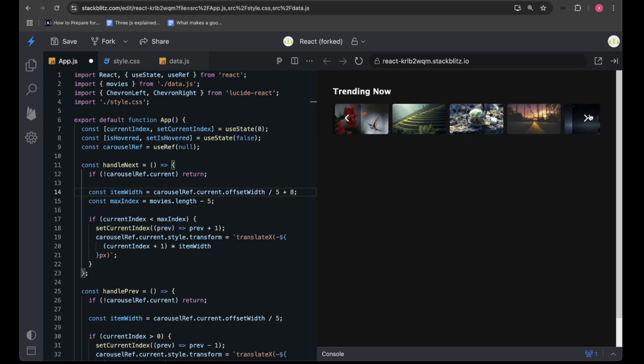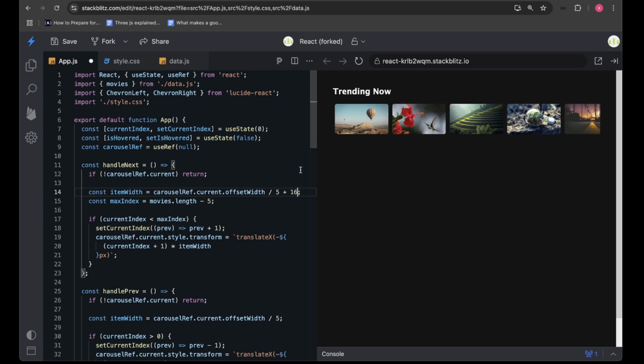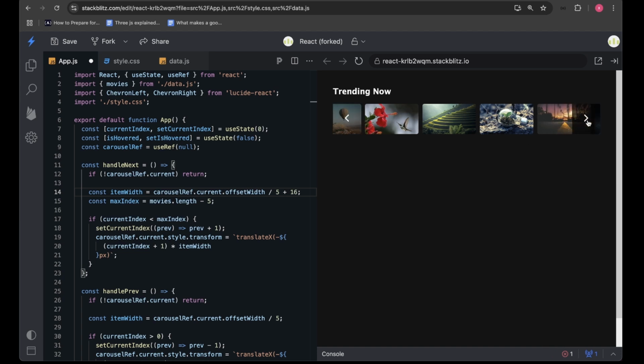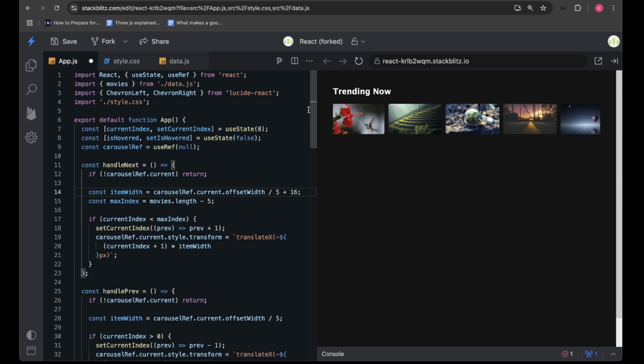So if I do that, you see the first card becomes invisible, but there's still this much space remaining because I did not put 12 here, but I put 8 instead. And if I put 12, then this 4 px of this card would also have been accounted. So I think we can just tweak around with this value, and let's give it something like 16. That should pretty much do the trick. So now if I go to the right, you see that card is gone completely, and a little bit of this card is also gone, which is fine. And now if I keep moving to the right,